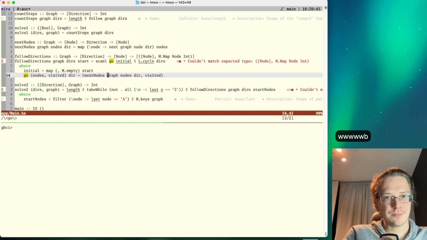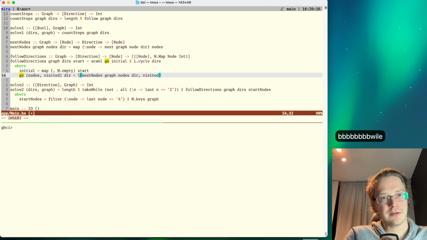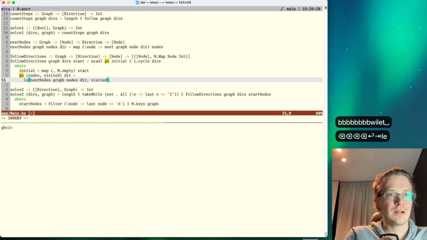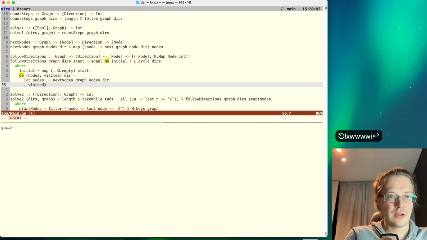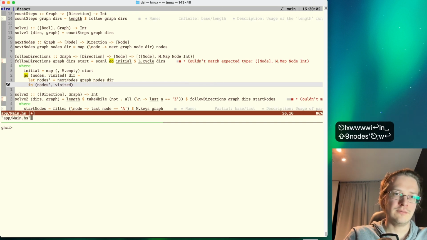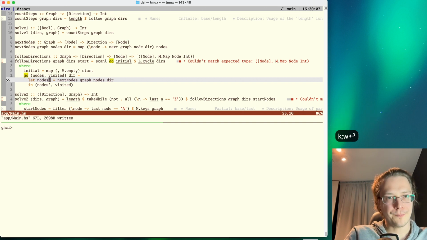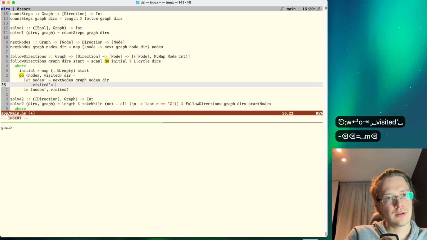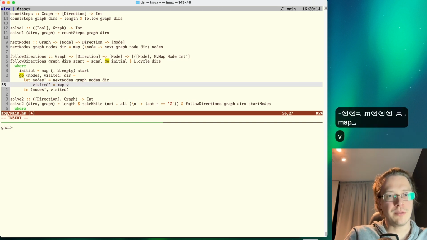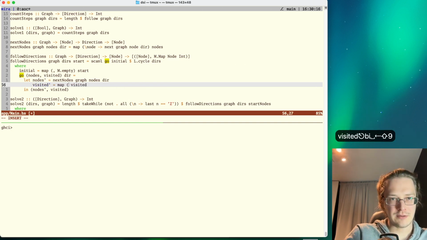Go takes a direction. Okay. nextNodes using the graph and using the nodes and using the direction, and it produces a new visited. Okay. Let's say that let nodes is equal to nextNodes in nodes visited. Now visited. I can map the visited maps, and for each one